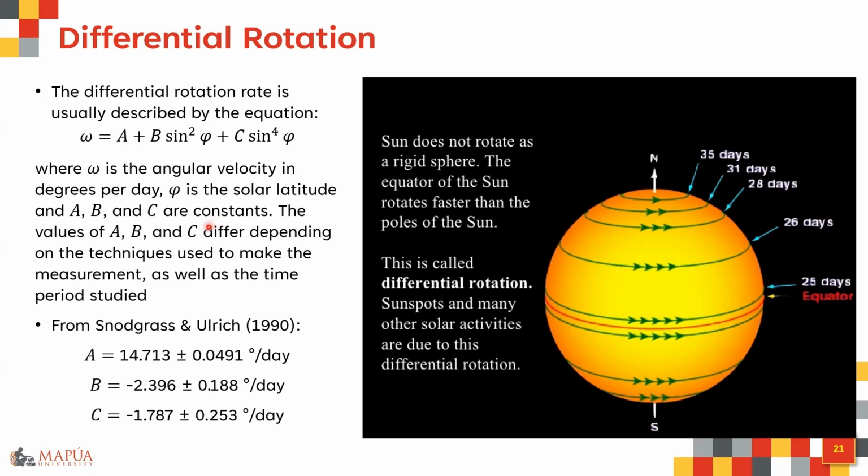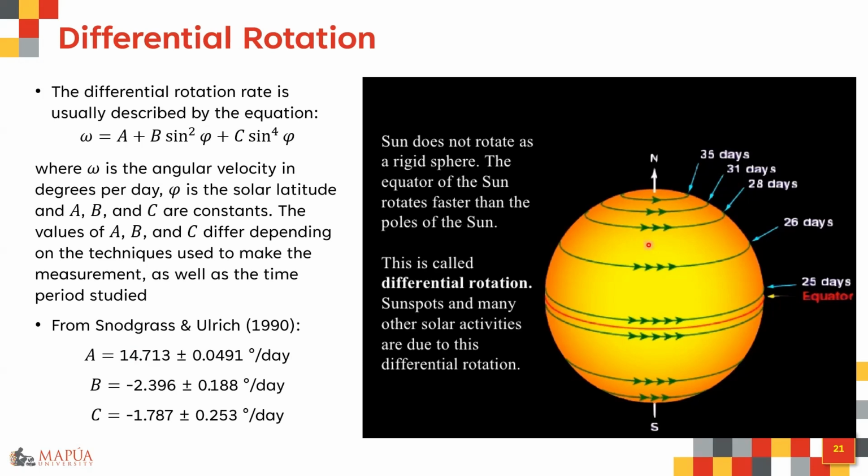And this depends on how the measurements are being made. Okay, so from this paper by Snodgrass and Ulrich in 1990, A, B, and C are estimated with these values. So these are pretty much accurate in determining